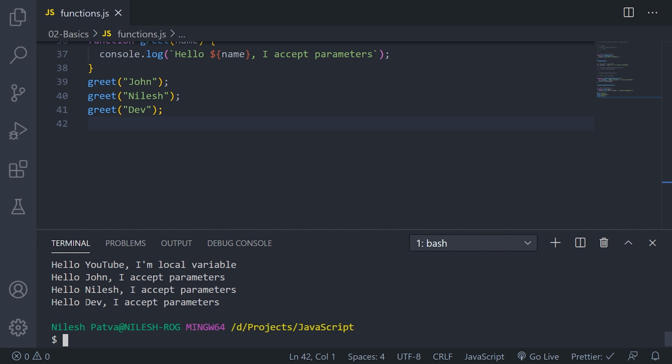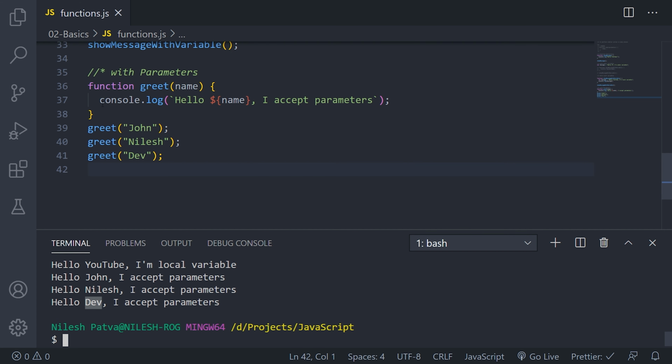So that is how you can perform similar actions by wrapping it inside the function declaration or creating a function. Then you can call it with something like this by passing separate parameters. So that is how you can create functions and call functions, how you can declare a local variable and use those variables inside your functions. Also you can access the global variables or outer variables. So that's all for the functions, guys.